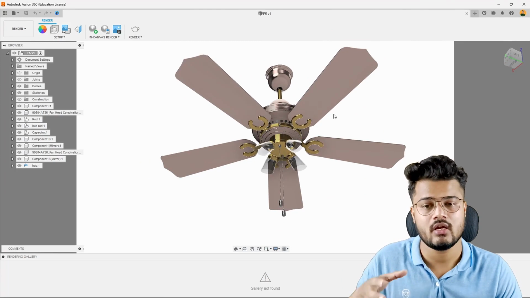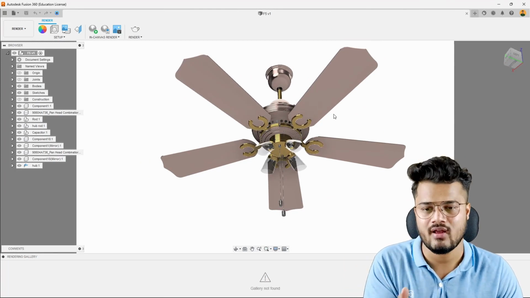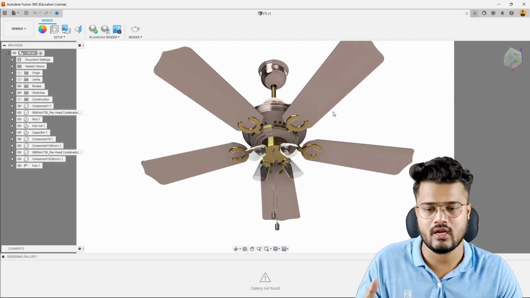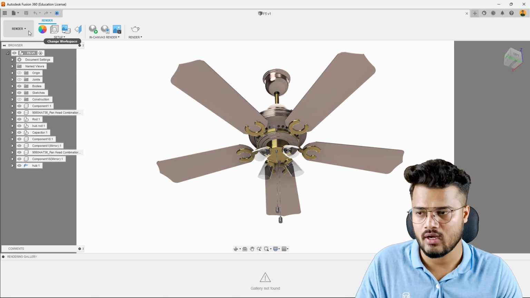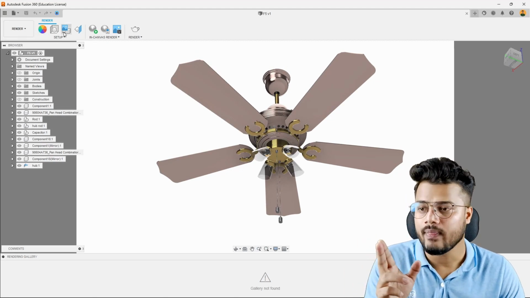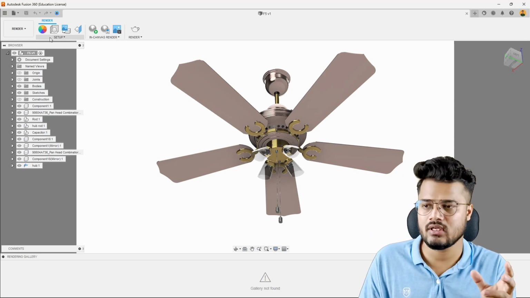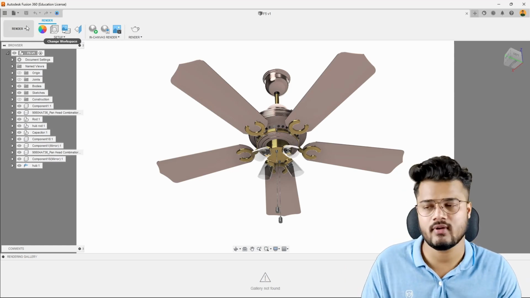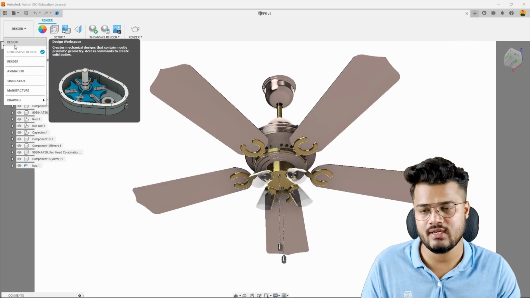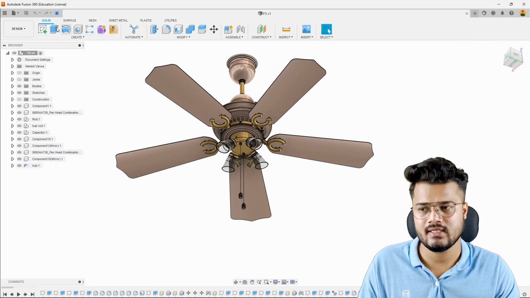If you want to get an idea before manufacturing how it looks, you can create a render, and again, if you want to change the design, you can do it accordingly. Now you can see the toolbar has also changed. So basically tools in the toolbar will differ according to the workspace. For now I'm going to change it to the design, and here you can see there are also